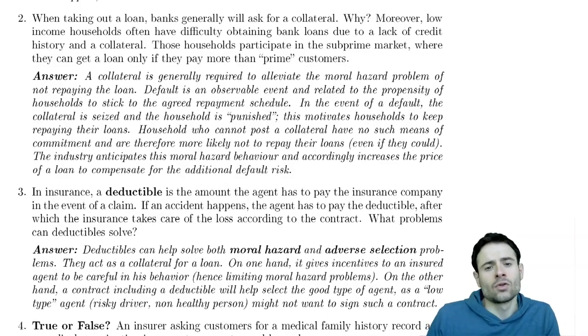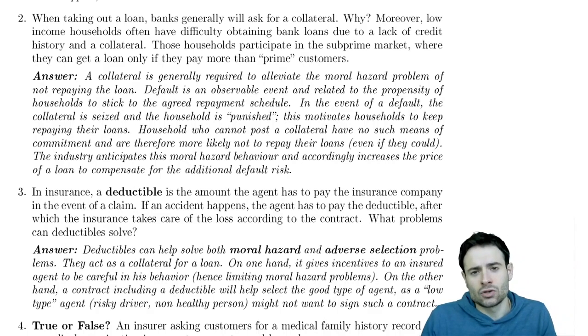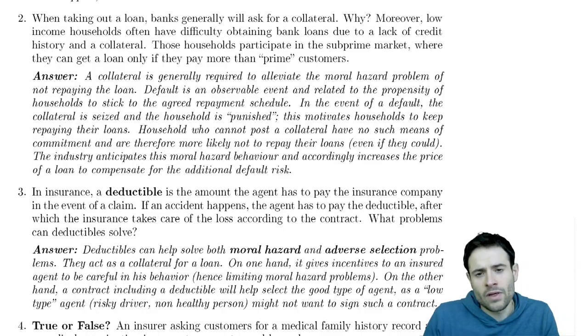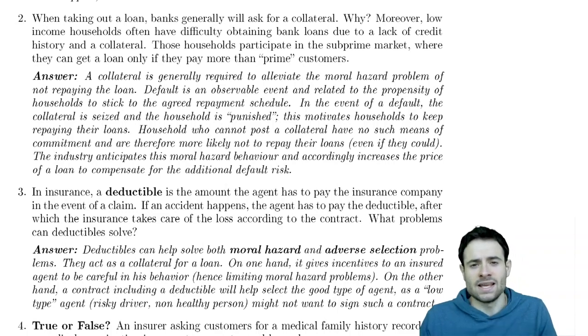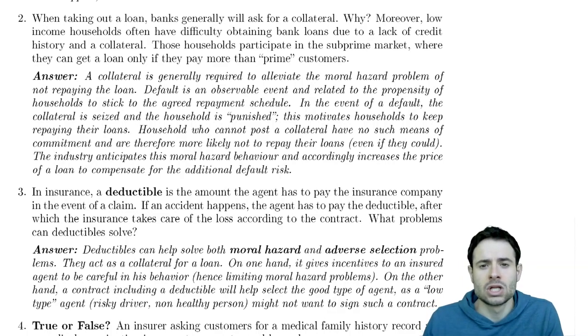might not accept the loan, knowing that he himself is pretty likely to default on his loan. The other side, the moral hazard side, is that the collateral is a way to make sure that any borrower, whether he's a good borrower or bad borrower, will behave after the contract loan is signed. If he doesn't behave well, as in if he doesn't repay his loans in time, then his collateral will be seized, exposing him to a loss.